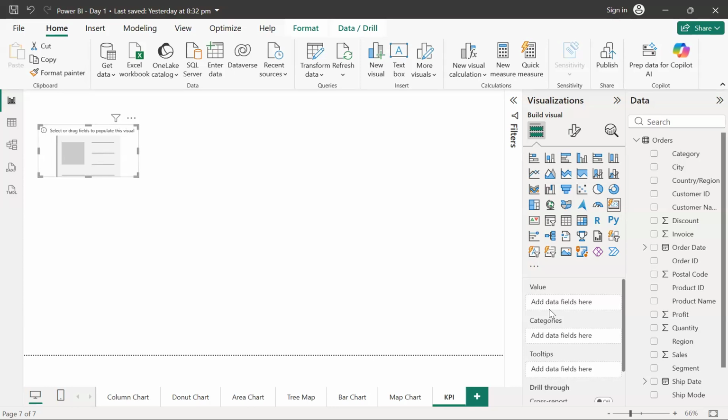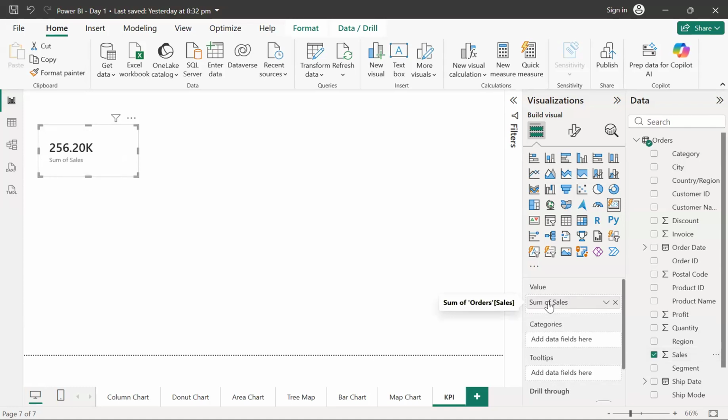Now I can try to bring some value over here, guys. That value will be, let's say, that I want to see the total sales. Okay. So now, guys, automatically you can see that as soon as I take this sales over here, it automatically comes out to be the sum of sales.